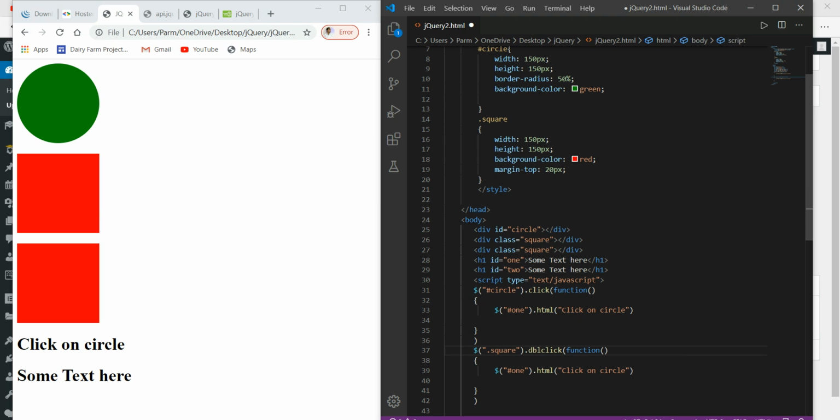So for this I will use the dblclick function, and this time I want this text to be updated on the event if we double click. This is having ID 2, and here I will write double clicked on square.